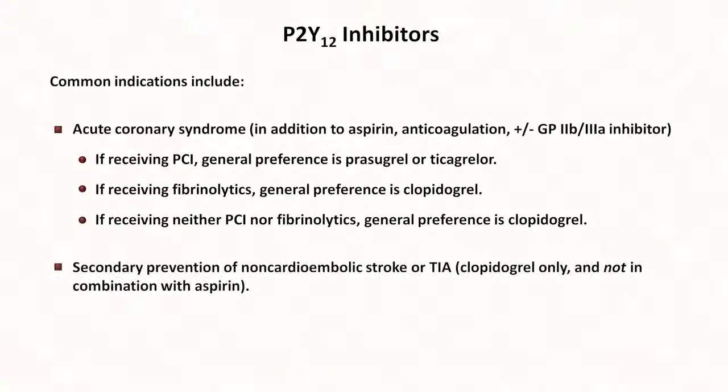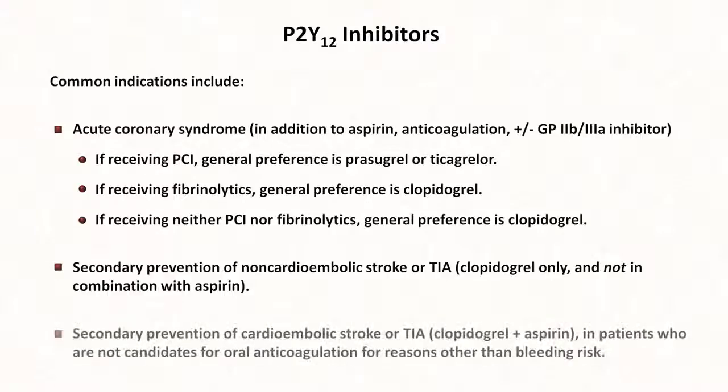Clopidogrel is also used for secondary prevention of non-cardioembolic stroke or TIA, but only by itself and not in combination with aspirin. Combining clopidogrel and aspirin in this situation results in no improvement in stroke reduction, but does result in an increase in clinically relevant bleeding. Finally, for secondary prevention of cardioembolic stroke, or TIA, clopidogrel plus aspirin is used in patients who are not candidates for oral anticoagulation for reasons other than bleeding risk,